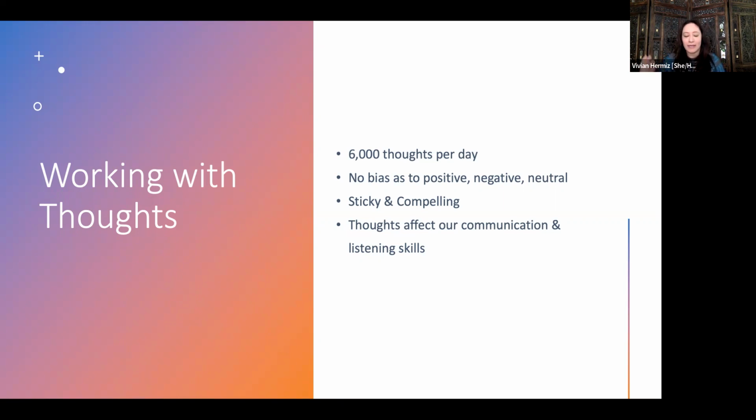And there's a whole range of thoughts, right? We have inspirational thoughts, and we have inventive thoughts, and we have kind thoughts. But we also have difficult thoughts, problematic thoughts, recurring, ruminating thoughts. And the practice is, how can we be with whatever state of thinking and thoughts we're experiencing in the moment? Because the truth of the matter is that these 6,000 thoughts each day don't have a particular bias towards being positive or neutral. It can be positive, neutral, negative.